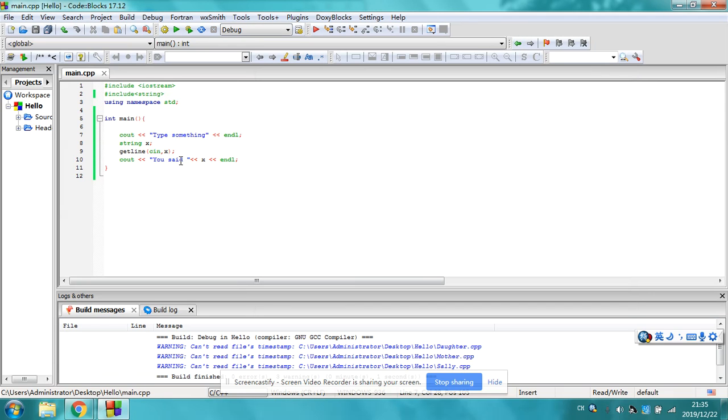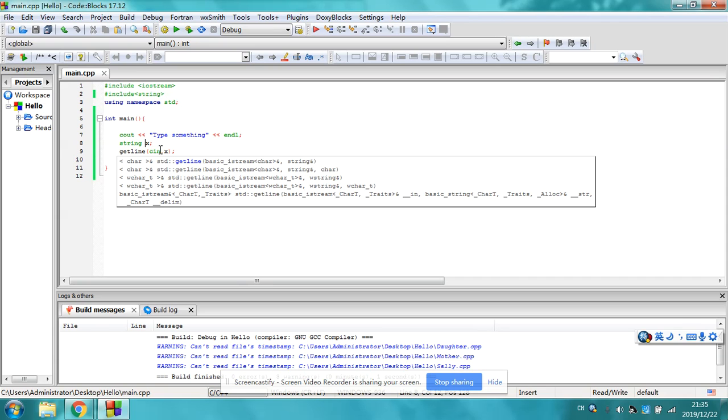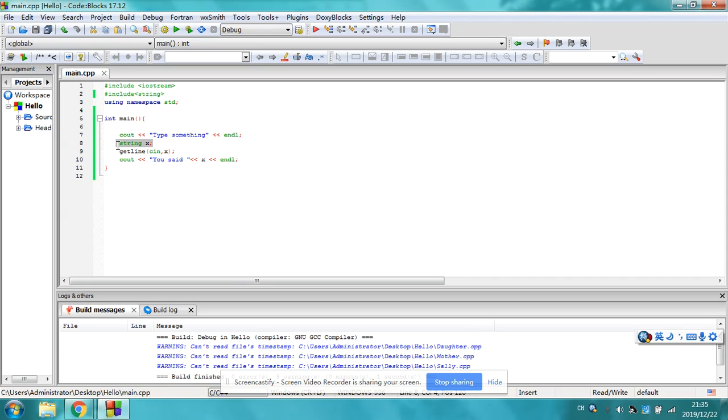And this is the difference between using cin to enter information into a string type variable, and using getline to enter something into the string type variable. So the last method we used is using cin. This time we are using getline. What's the difference? Well, cin